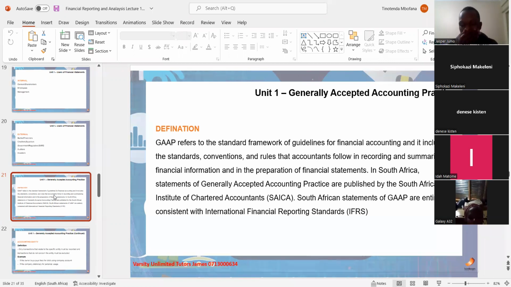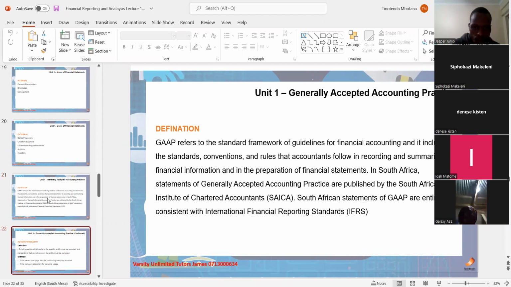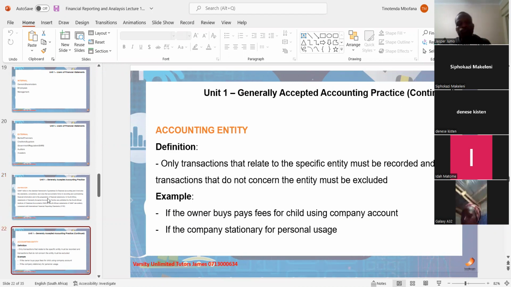Now, in South Africa, they are managed through what we call SAICA, right? The Institute of Chartered Accountants and whatnot, right? And then they are based on what are called the International Financial Reporting Standards, right? Just the basic information. You don't need to get too deep into some of these things. Just some basic information, right? Okay. So now,